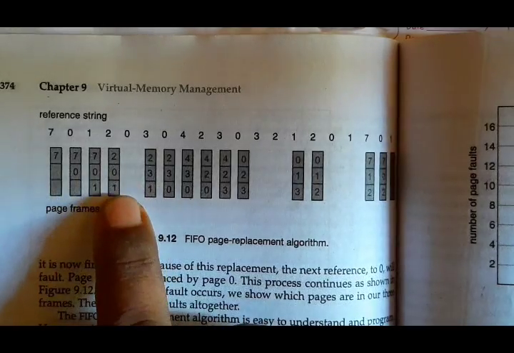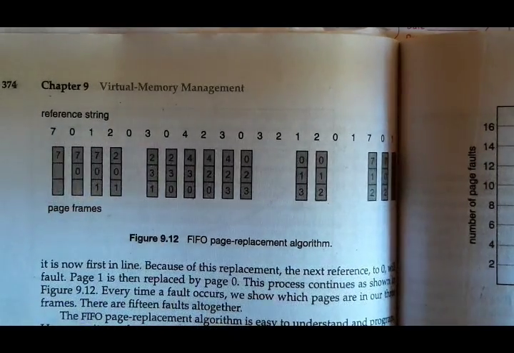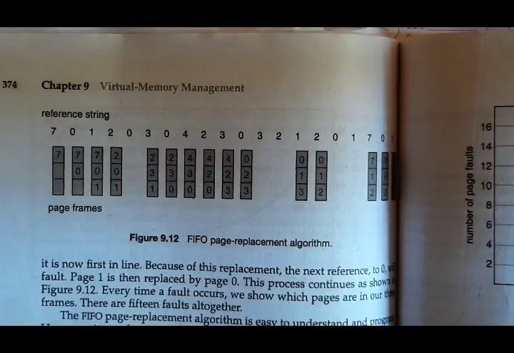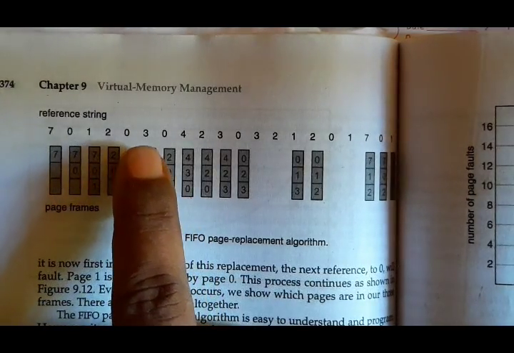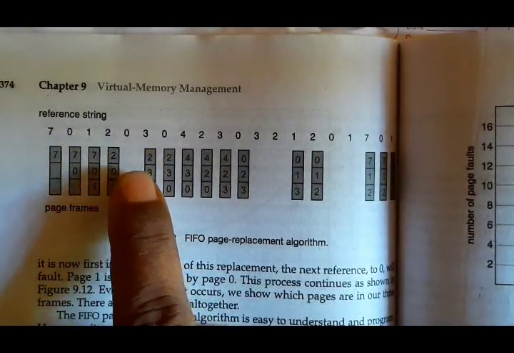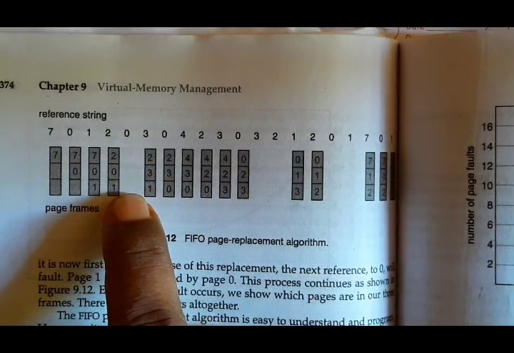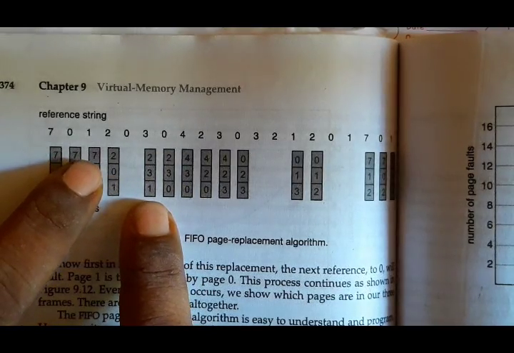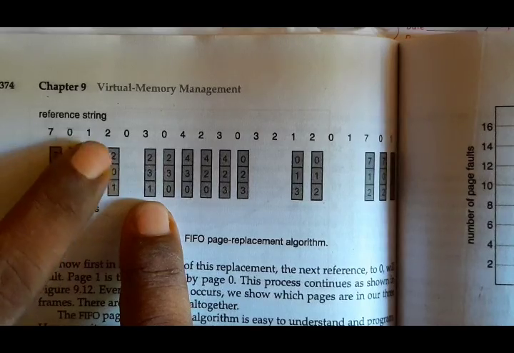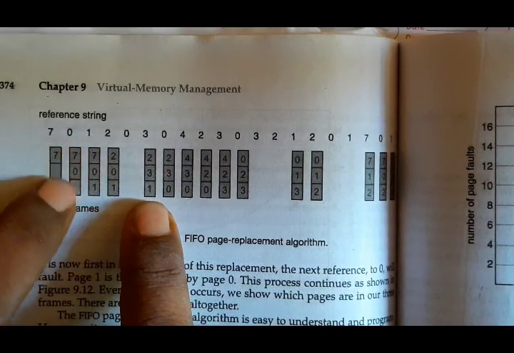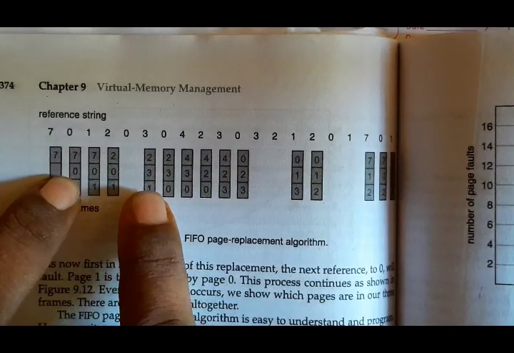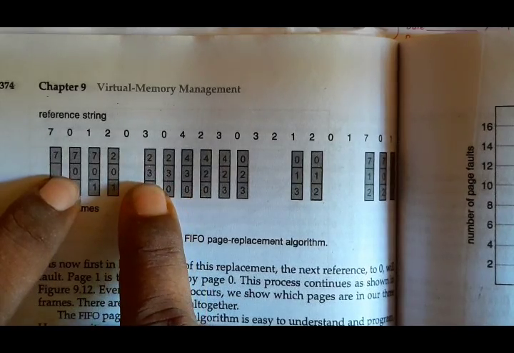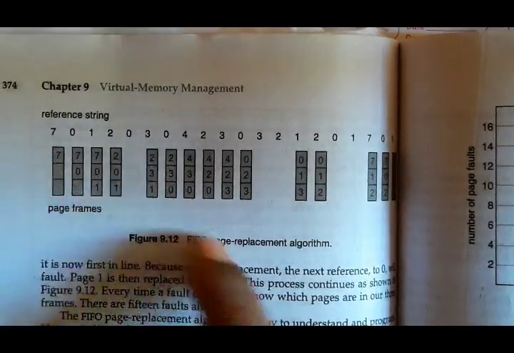0 is already present in RAM, so replacement is not necessary. Next the CPU demands page 3. 3 is not present here, so you have to replace a page. Which one? 7 came first, and in that place page 2 was placed, so now 0 came first, so in place of 0 you have to place 3. Let's see the example here.